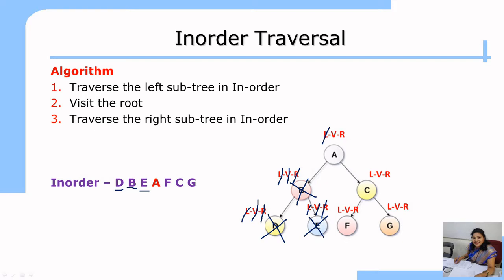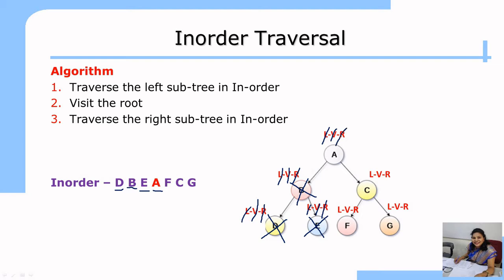See, D, B and E is displayed here. Next step, after E you go to the B, after B you go to the A again. First step is perform the left of node A, then second step is visit the vertex. So at this step you write down the A here. Whenever you perform the V step, you are going to print it here.